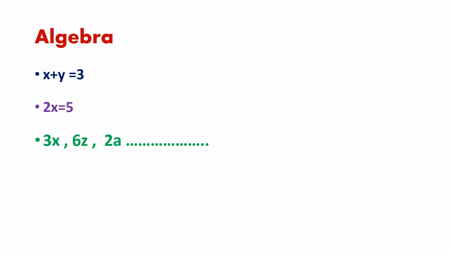So you also must have thought, oh, when will we also learn maths like this? Because we have been looking at only numbers and numbers and numbers. When will we also get some letters along with the numbers? Isn't it? So now you are going to enter into that exciting world of algebra,